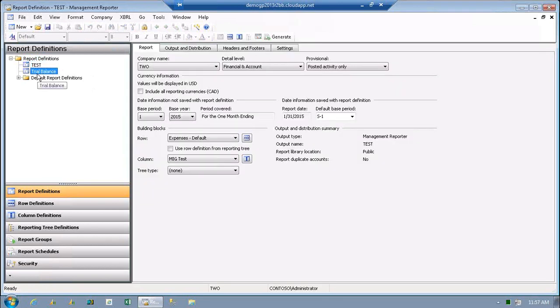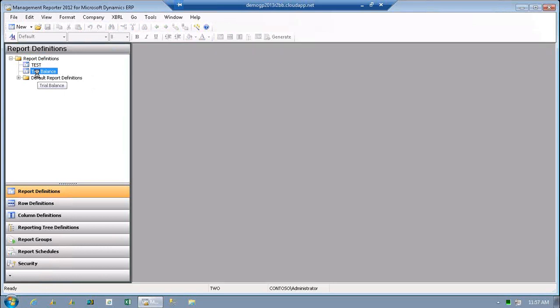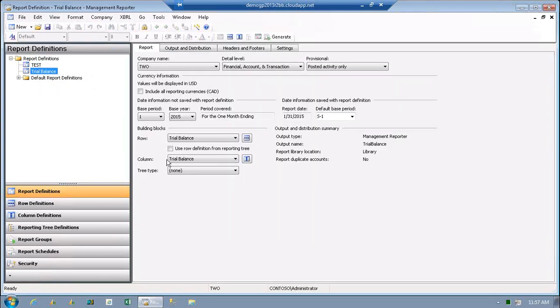Well, let's see. I'm going to go into my tree. I'm going to tell it that I want it to use a tree. And if I went in with my trees, it's going to generate a report,